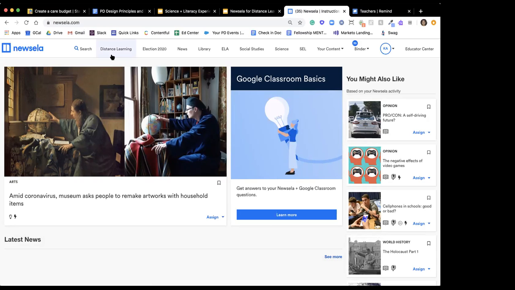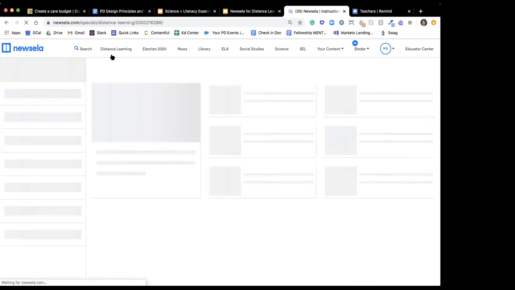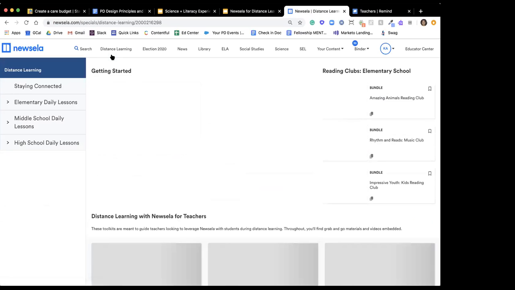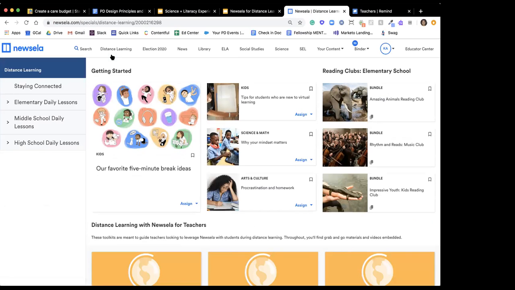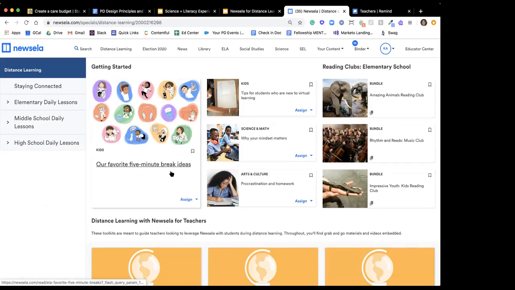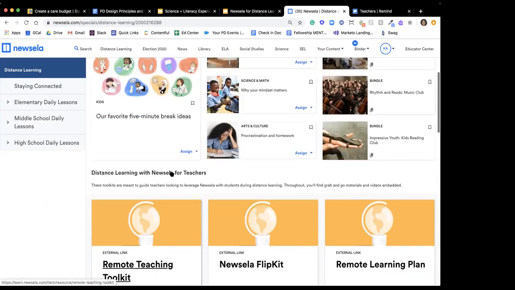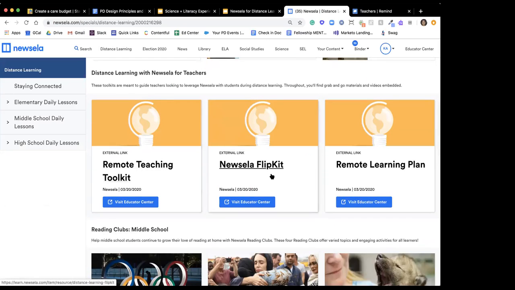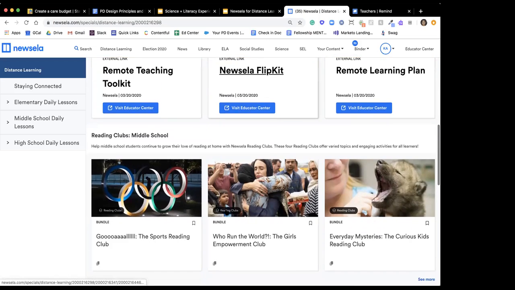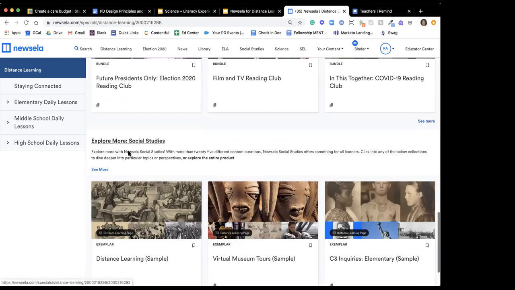just real quick, and that's the distance learning toolkit here at the top. So this is from everything that you see in the Educator Center. I'm going to click on distance learning. This is Newsela curated specifically for distance learning. So you'll see this has its own little home page, and it has useful articles, links to our reading clubs, and if I scroll down here, I do see links to the Educator Center, but I'll see these really useful